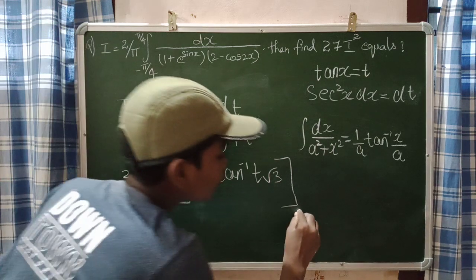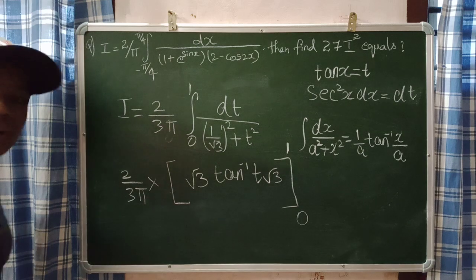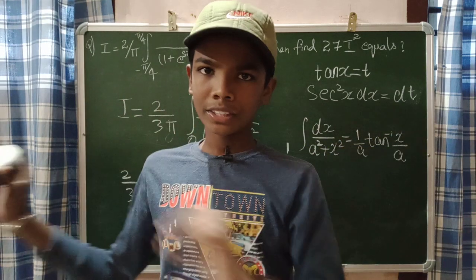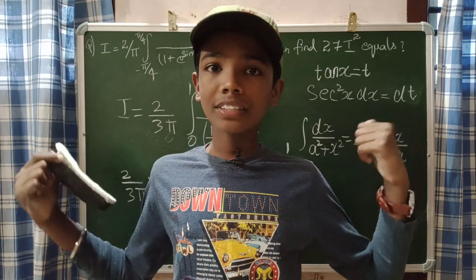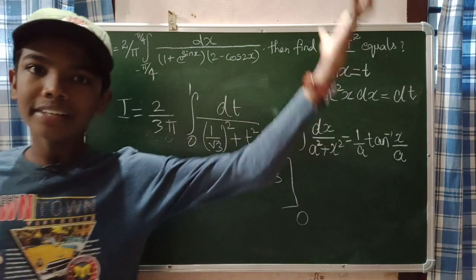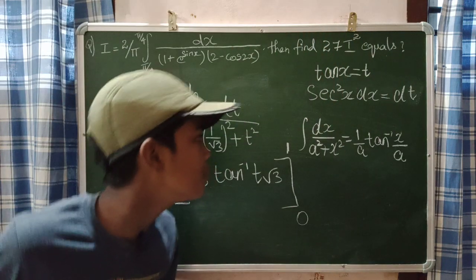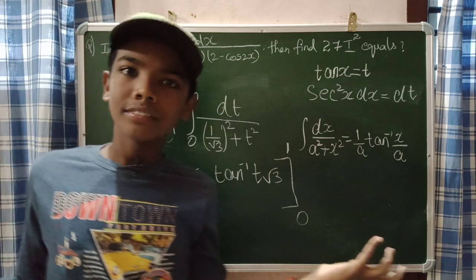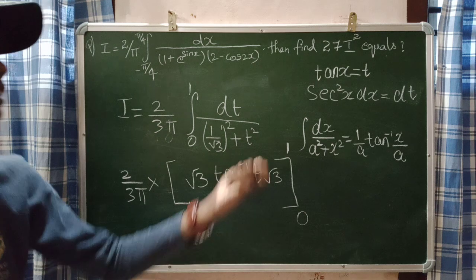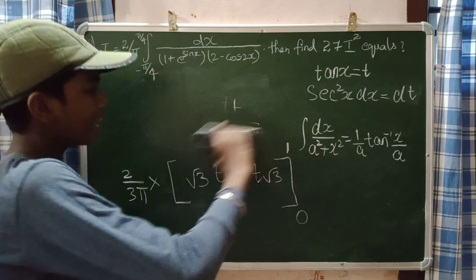Now, don't forget to put these limits. Don't forget to put these 0 to 1 limits. This is what most people will do. They will write all the steps. This much steps you completed. This is like a big reward for you, because guys, so many things you did. How many properties, how many formulas. Now people will forget to put the limits and it's gone. So don't do this. Put the limits as 0 to 1. That is the mistake most people make.